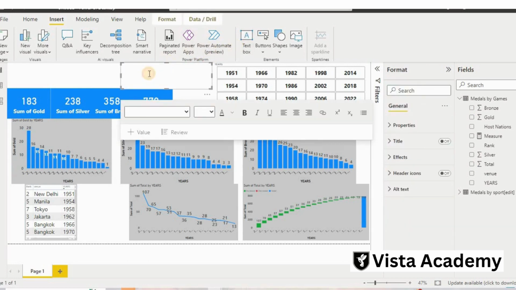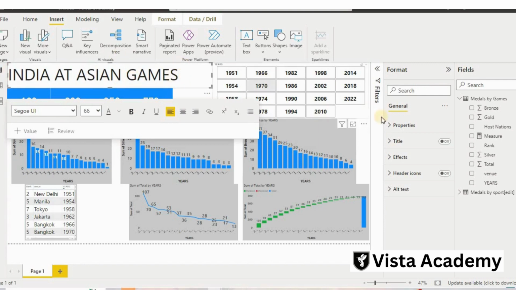Okay, here is the text box, and here I will increase the size to somewhere around 60 and type in capital India. Sorry, it is small again, I will increase this to 60 and type India at Asian Games, and just increase this.